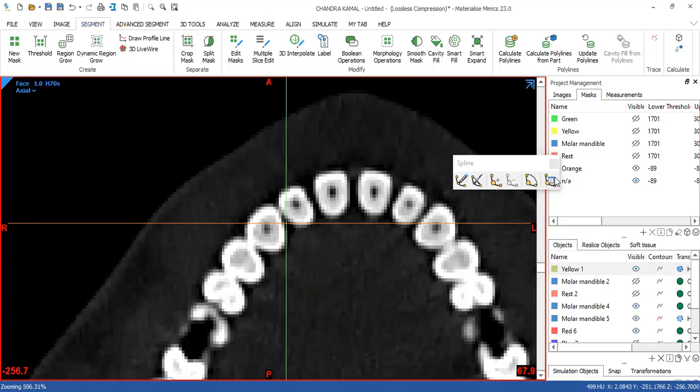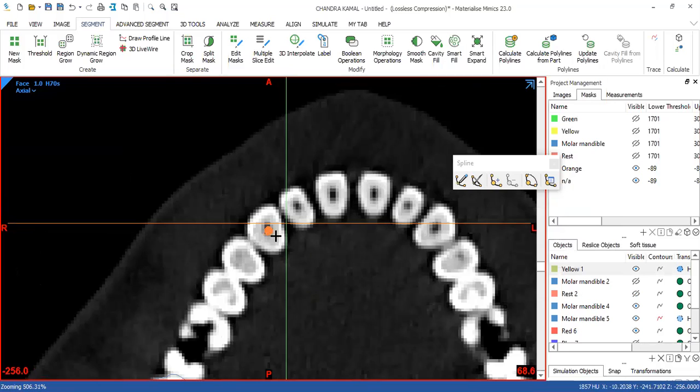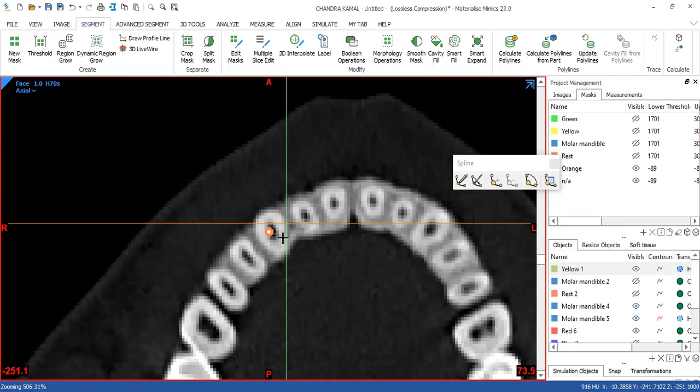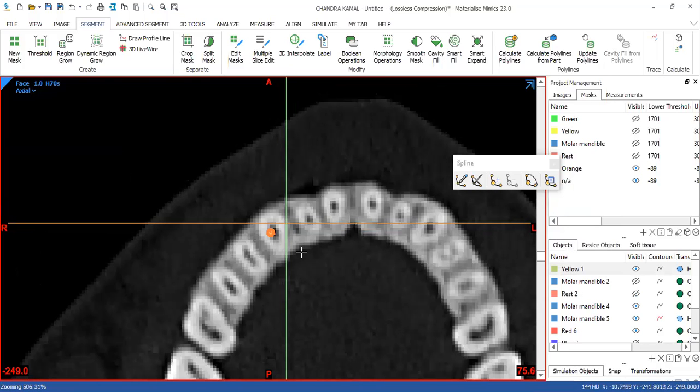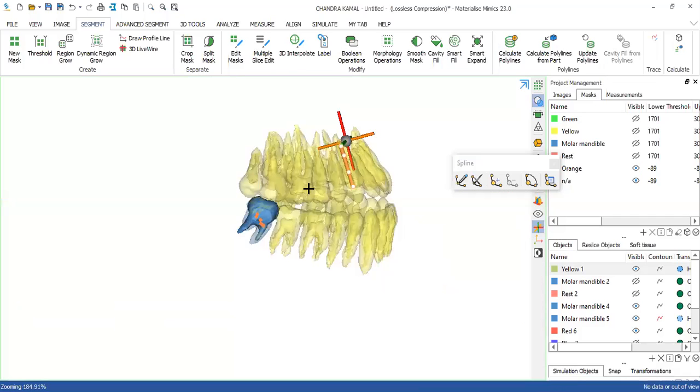I'll go to properties and change the thickness to say 1.5. So yes, now it traces the canal exactly. Similarly, you can do it for the others, right?